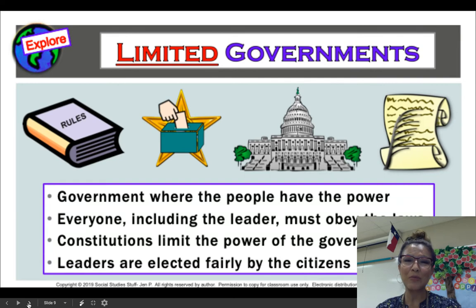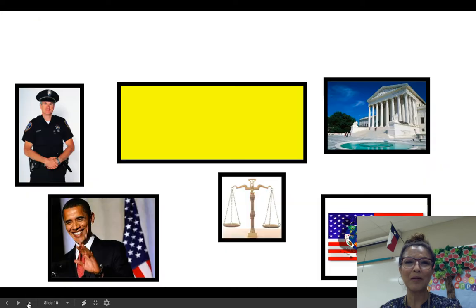She elects people to run the government for her, and holds that the people in government will do what they have to do based on what's right for the people, right? And she knows that the judicial branch is also going to protect the people, because any laws that are passed have to be constitutional. And we're going to learn so much about that. So again, everyone must obey those laws, and that is because we have a constitution that limits the power.